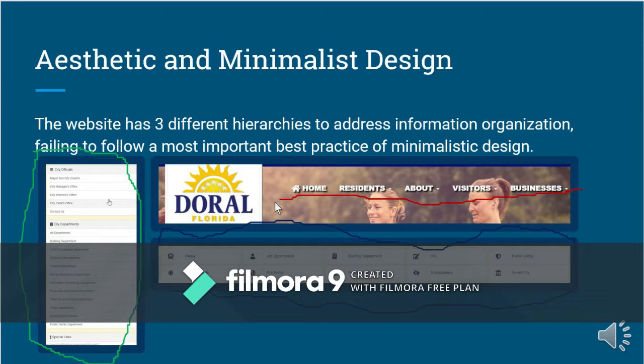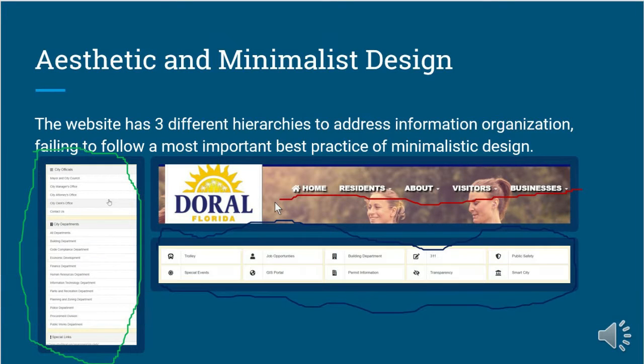This of course generates great confusion for the users, and I think it's safe to say that it's something that their development team should be working on, because the website does not have any type of simplicity in regards to minimalist design or at least effective communication.